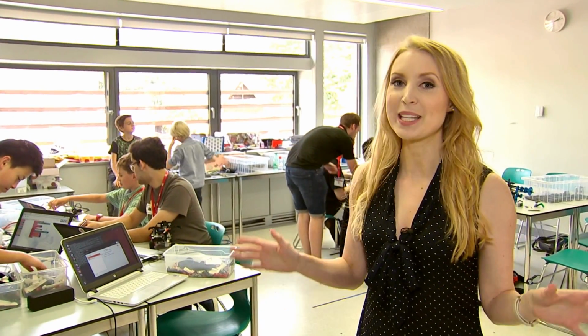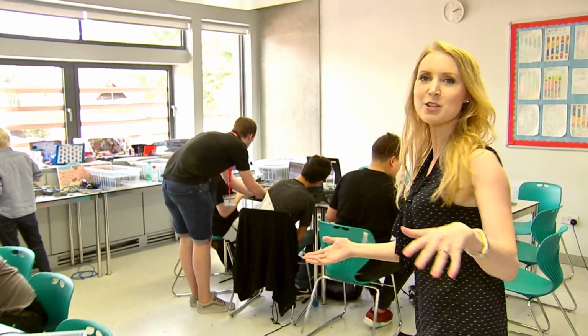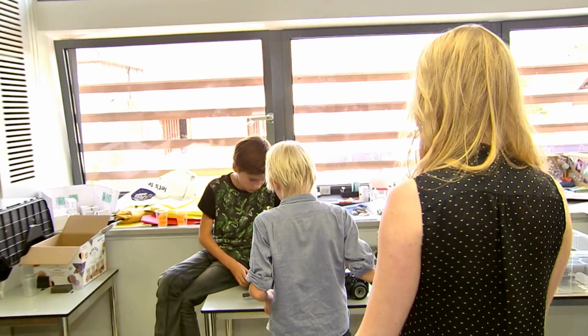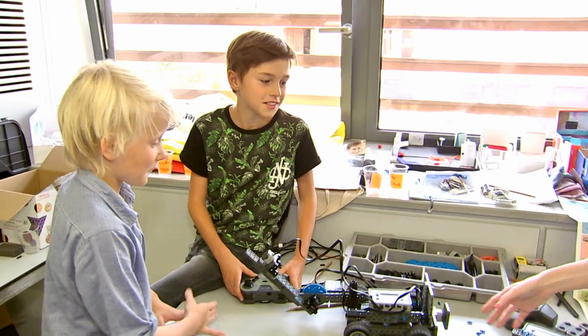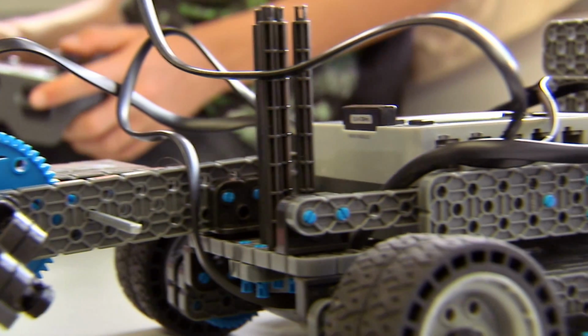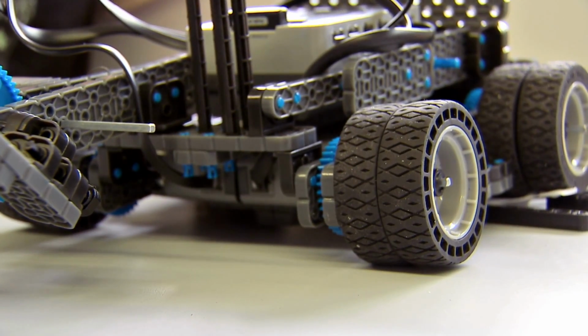Now, the whole reason we came to a children's summer tech camp was to meet the children. So come on over and let me introduce you to Leo and James. I can show you what they're building. Guys, hello. Hi. So talk to me about this creation. This is a sumo robot, and we're going to make it so that when we battle another robot,